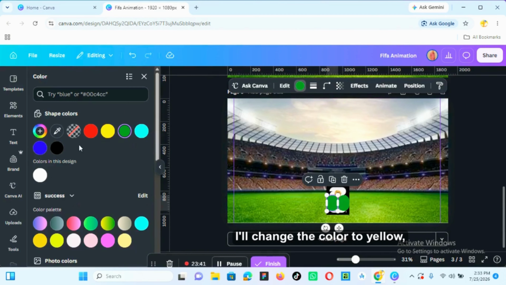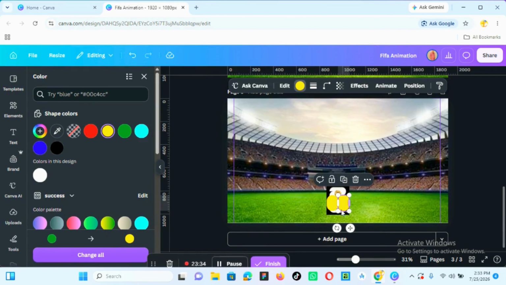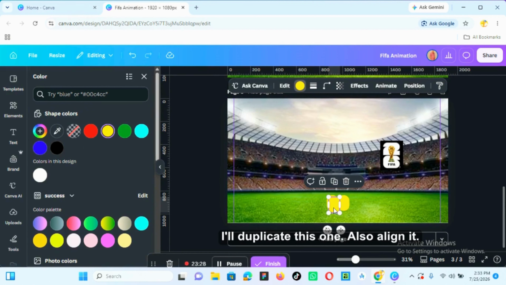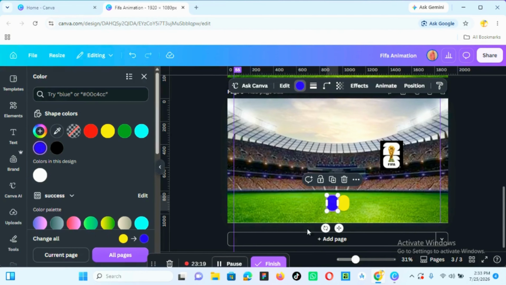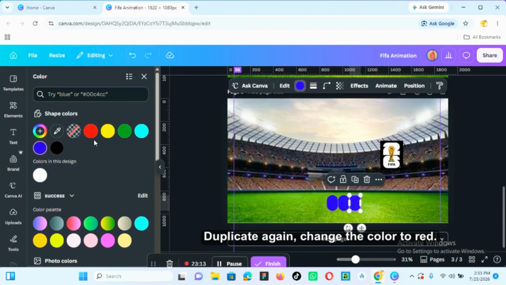I'll change the color to yellow, change this one to yellow, and I'll take this out. I'll duplicate this one, also align it. I'll change the color to blue, duplicate it, so bring it here, duplicate again, change the color to red,